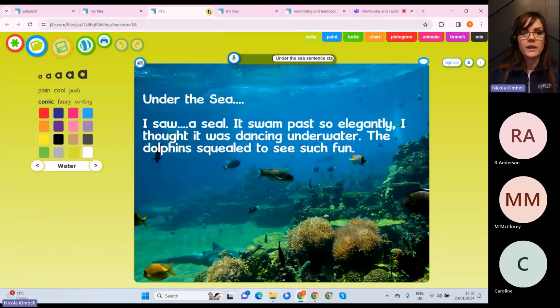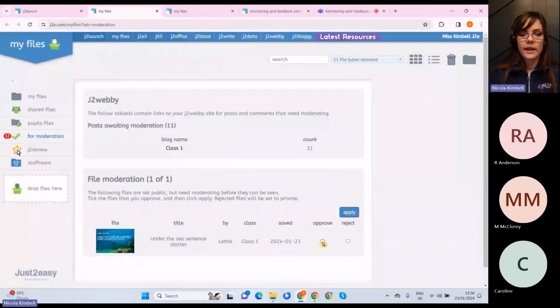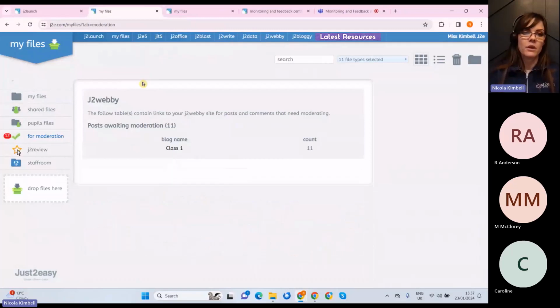And when I'm happy with it, all I have to do is just click that approve button and click apply. Now, if it isn't to the correct standard, or it does have the data infringement, you can reject that submission. It won't delete that file. All it will do is remove that file moderation, so remove that submission. Okay, so I'm going to click approve and click apply, and there we go. So now if I close this down,